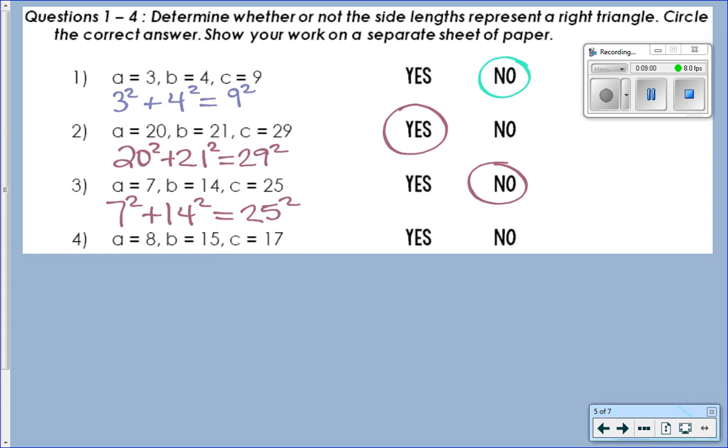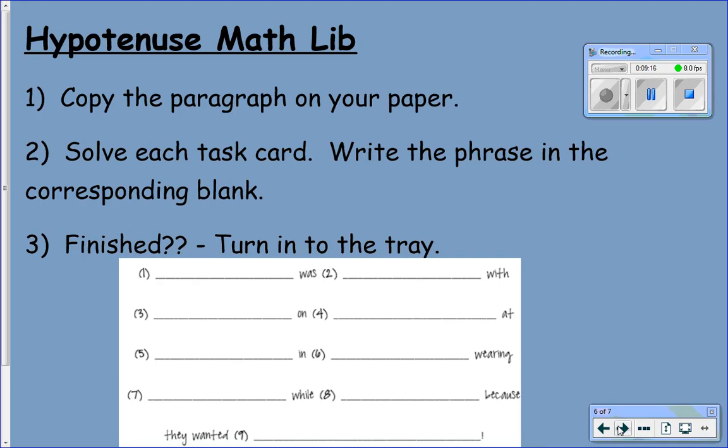All right, number 4, 8 squared plus 15 squared equals 17 squared. Yes. Questions? All righty then. We have a math lib